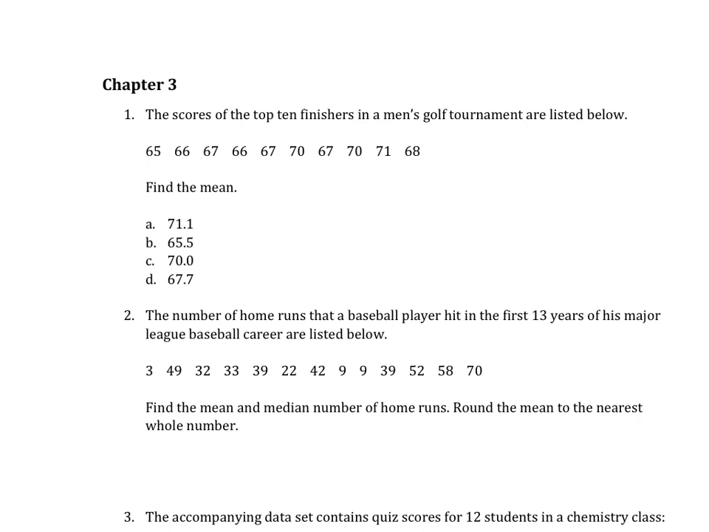Okay, Unit 3, or Chapter 3, as the review guide says. So number 1, we have top 10 scores from a men's golf tournament, and we want to find the mean. So you could just add them all up and divide by the total. I'm going to go through and remind you how to do it in the calculator, because if there's a lot